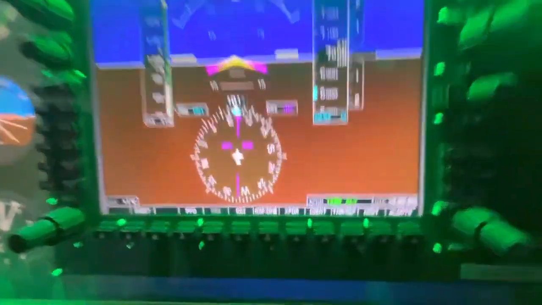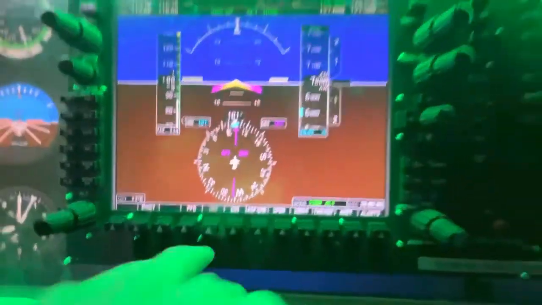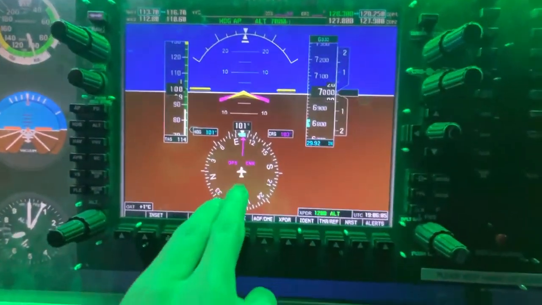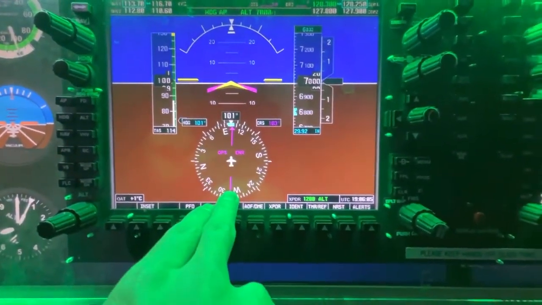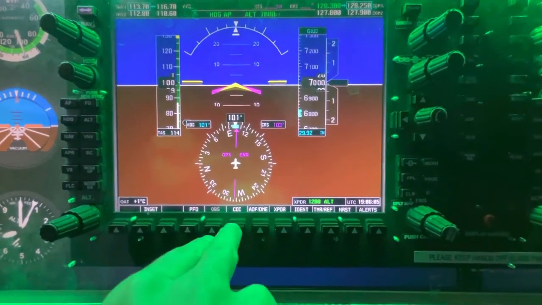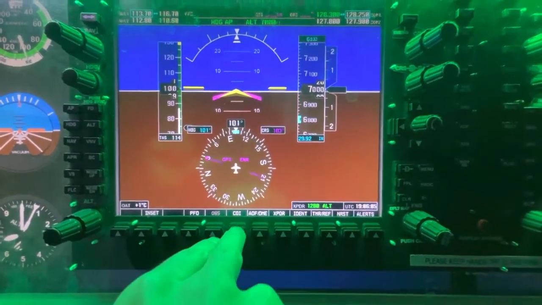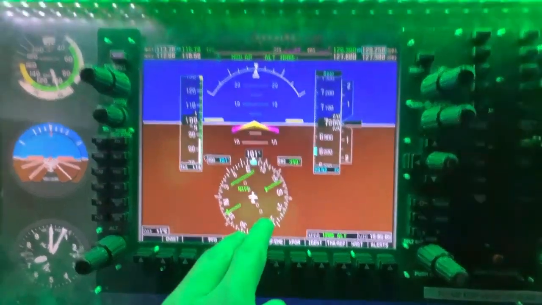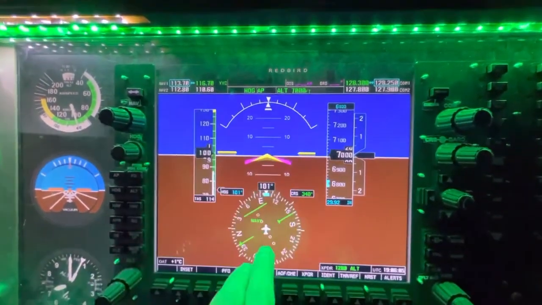In order to test it, we're going to have to set it up so we can actually see it on the HSI. So how do we do that? Well, we have it set up with a GPS CDI, but that's not very useful to me because I'm not using a GPS, I'm using a VOR. So I'm going to go to the CDI button, and then I'll cycle through it to find nav 1. And what you'll find is all of a sudden YYC is lit up in green